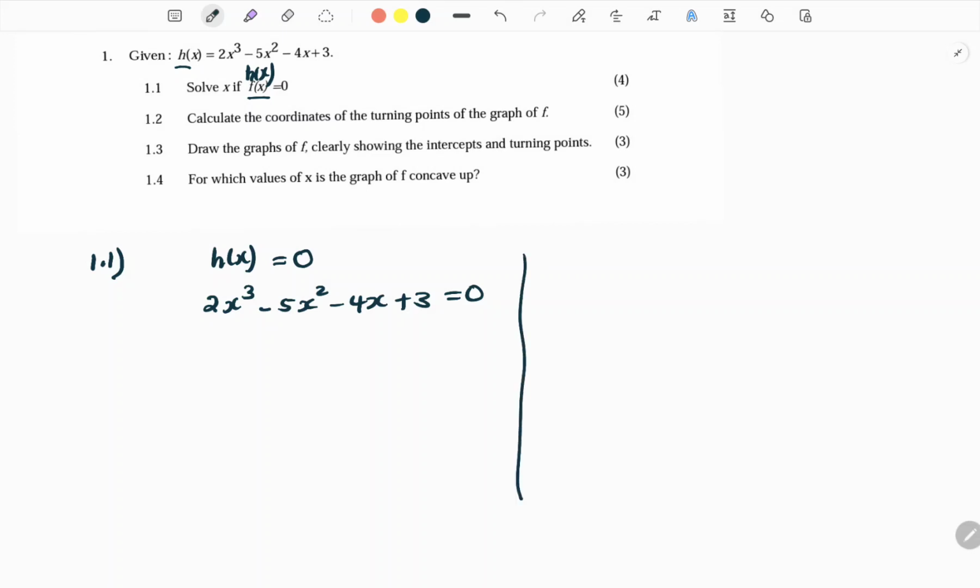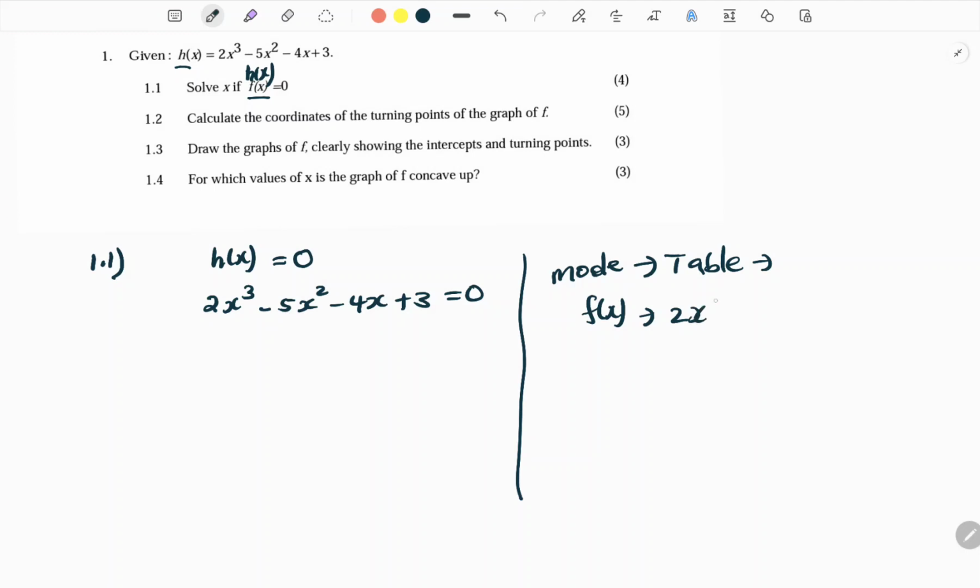So what you are going to do is press the mode setup on your calculator. The mode. We have different calculators, guys. In my calculator, it's table, number 7. So you press table. Then it will give you a function of f of x. Then you punch in your f of x by pressing 2, then alpha x